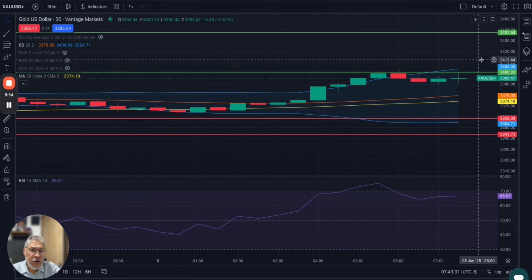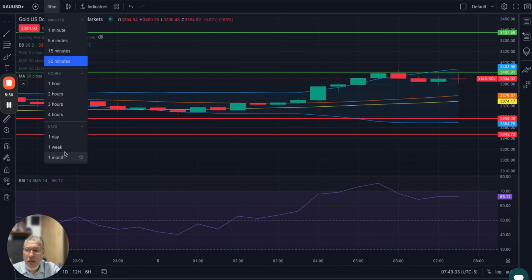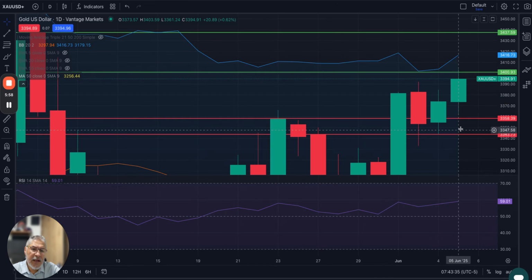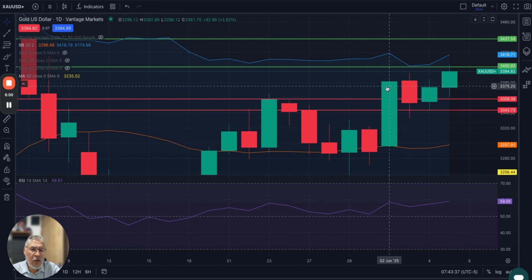Gold. So in the daily candlestick, let's go back to the daily. The daily candlestick, gold was making, in the last few days, obviously with today's fluctuation, an ascending triangle, if you will.